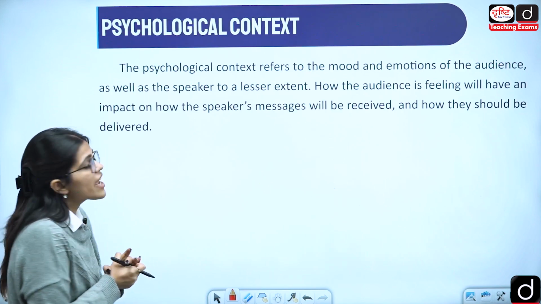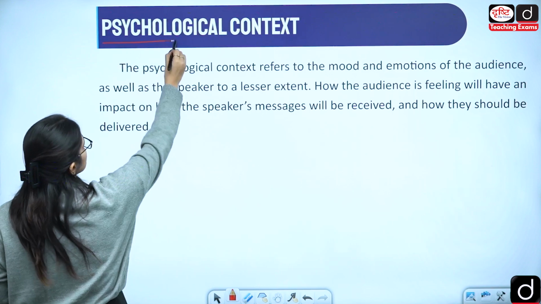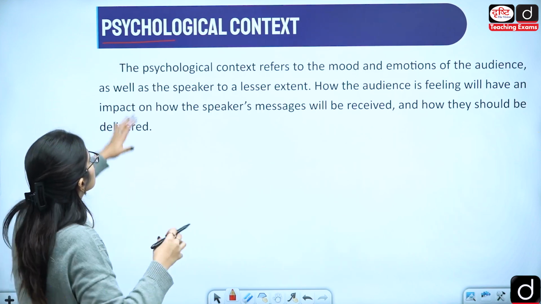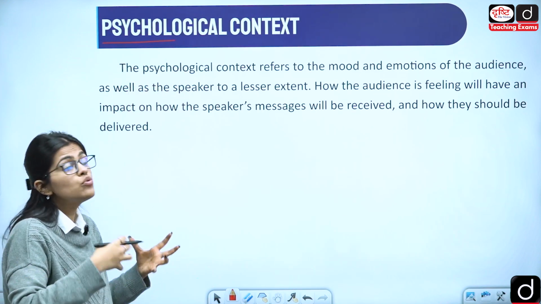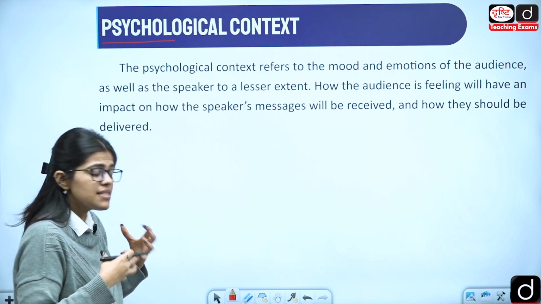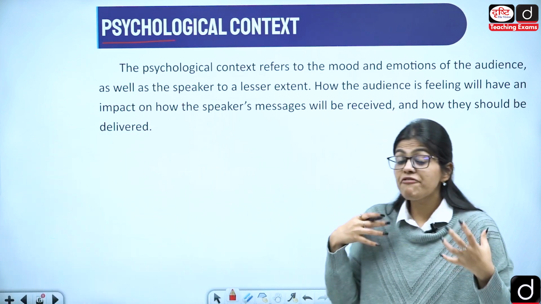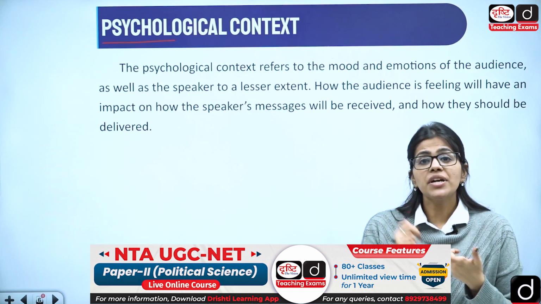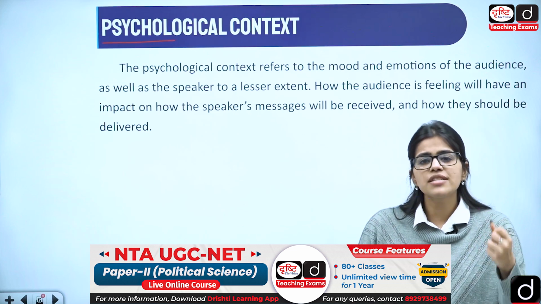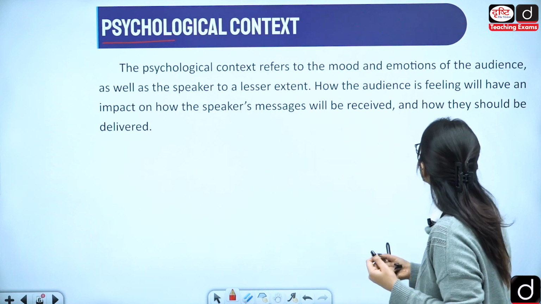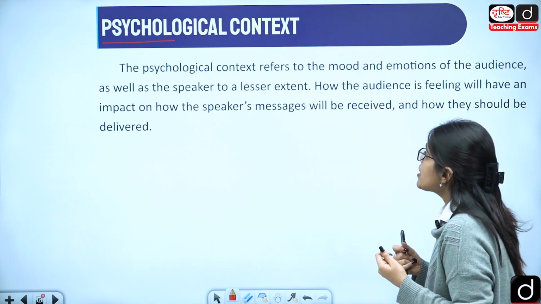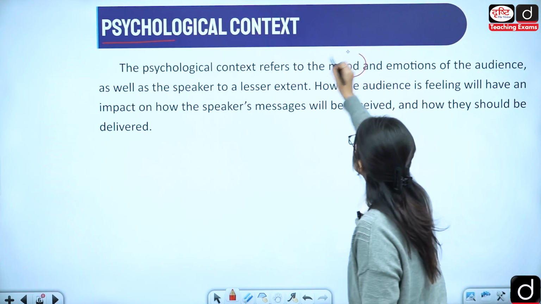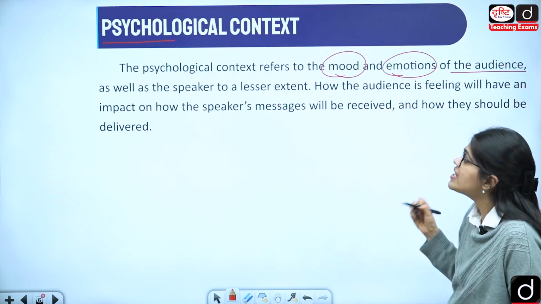Then we have the psychological context. As we know, the word psyche shows that it is related to your mind. So this context will be related to the mind. The psychological context refers to the mood or the emotions of the audience. Psychological communication and finding out about psychological barriers is very important and often asked in the paper, and it is difficult also because your mood changes, your perception changes, the psyche changes. So this becomes a difficult thing to ponder about. But anyway, what is the psychological context? It actually refers to the mood at that given time or the emotion of the audience at the given time,